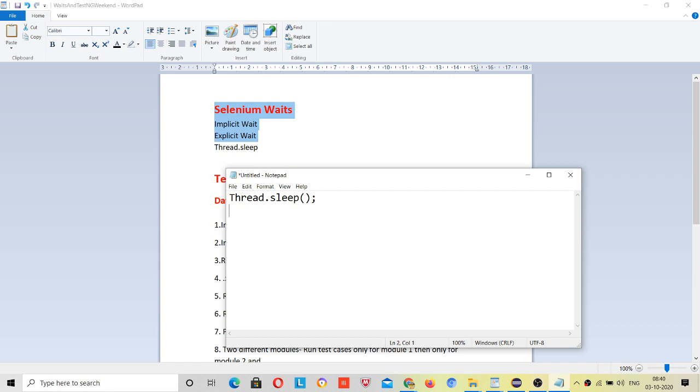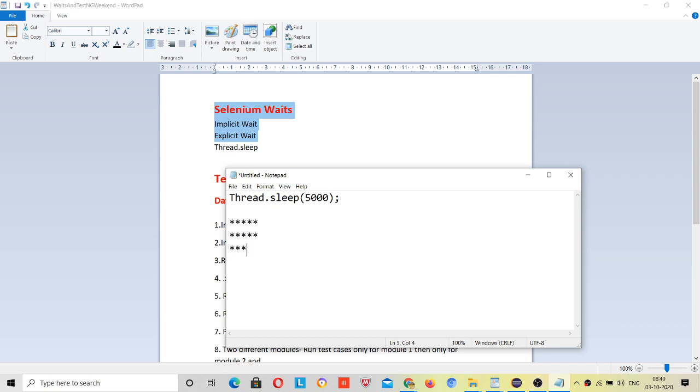Suppose before any line we write Thread.sleep. It will stop execution for a given number of seconds. Suppose I give Thread.sleep 5,000, and after that 5 or 10 lines of code are written.